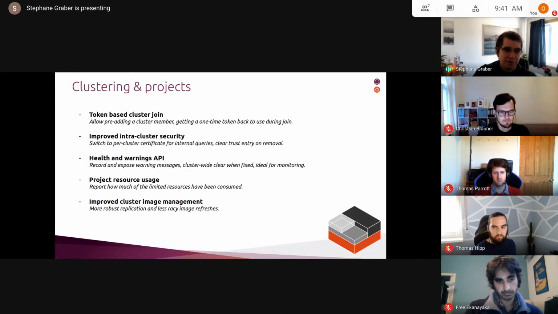And the last one is effectively a bug fix, but it's a pretty complicated bug fix, so it's on our roadmap. It's improving the way we do cluster image management. So right now inside a cluster, you've got the image store. The image store appears to be kind of shared on the entire thing, but in practice, we really need to kind of track where we put images. It doesn't make sense for us to have them everywhere.